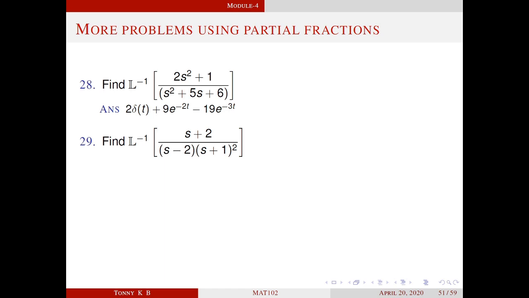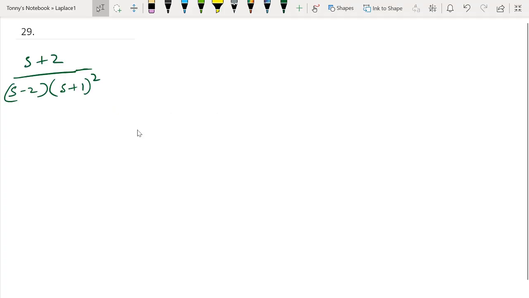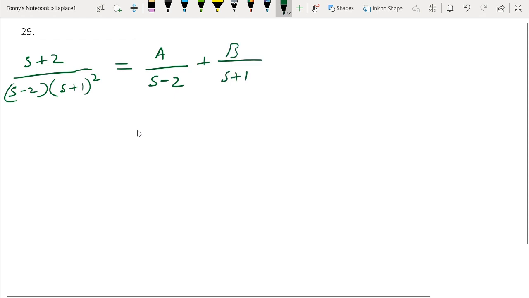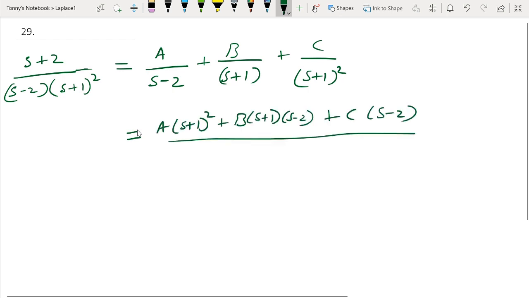Next problem, find L inverse of s plus 2 by s minus 2 into s plus 1 whole square. Here degree of numerator is less than degree of denominator. Therefore we can directly apply the partial fraction. This is equal to, then by taking LCM we get, by equating the numerator of right hand side and left hand side, we get,